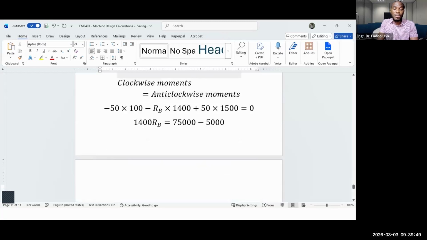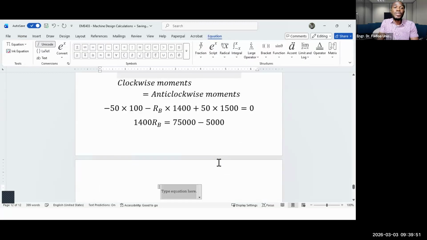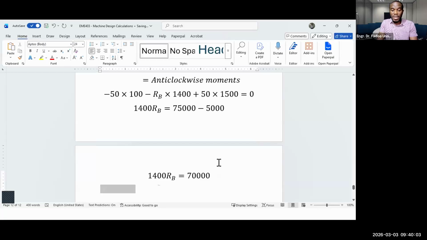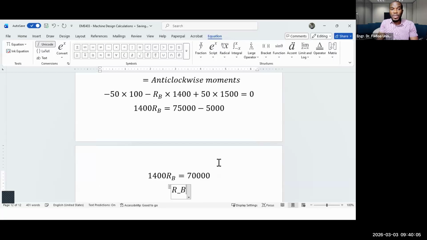And this is going to be 1,400 RB will equal 70,000. Okay, so what that simply means then is that RB, if we divide both sides by 1,400, will be 70,000 divided by